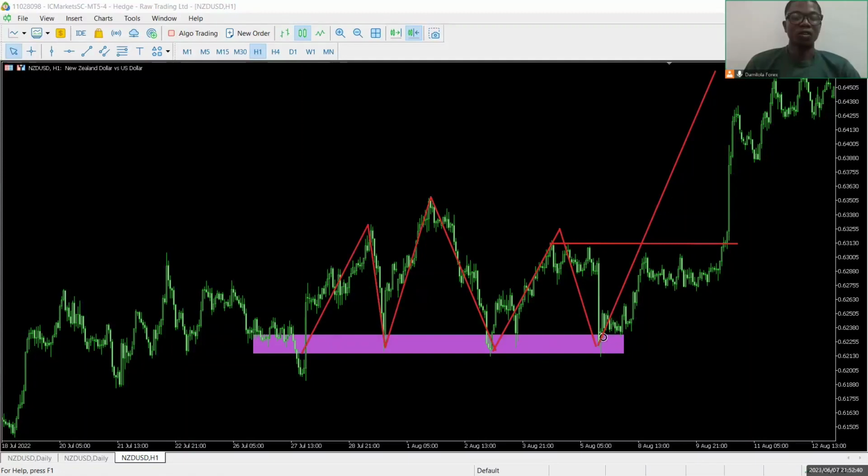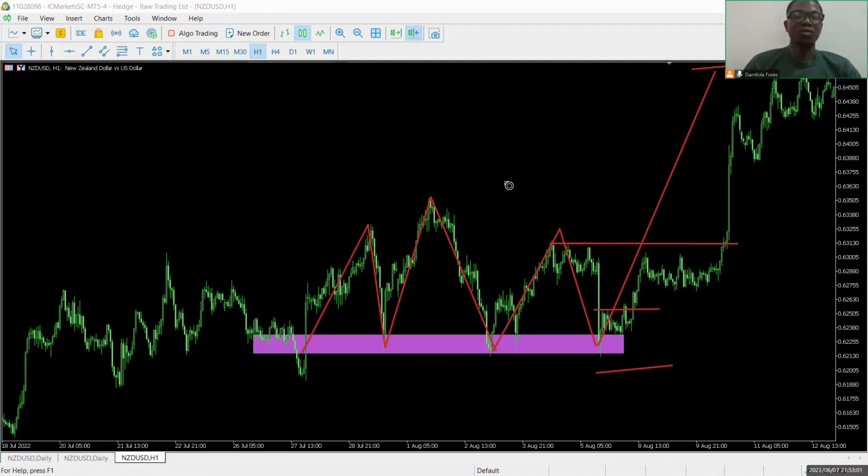or we could have bought once we saw prices respect this support level. We could have bought around here, put our stop loss around here, once we saw prices respect the support level, and bought to the next resistance. Okay, so these are examples of how prices can obey support and resistance, or how prices can violate support and